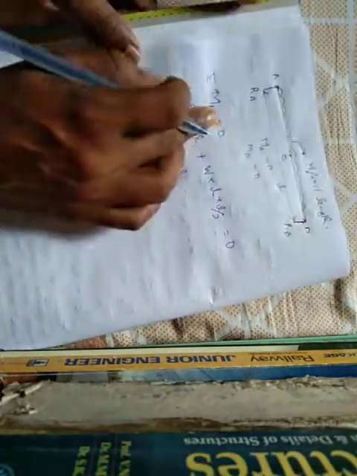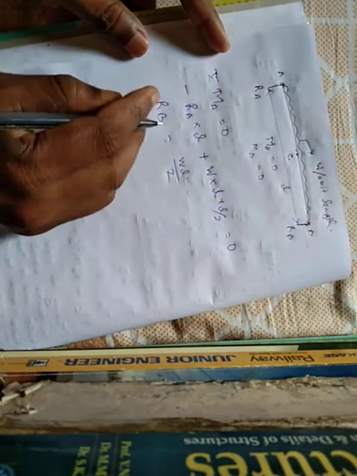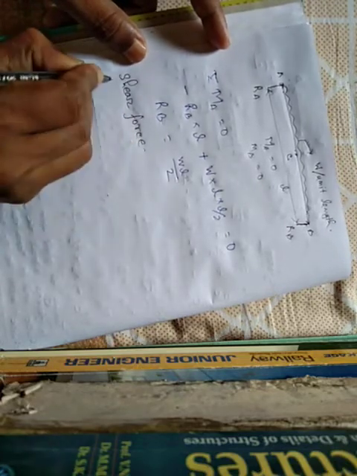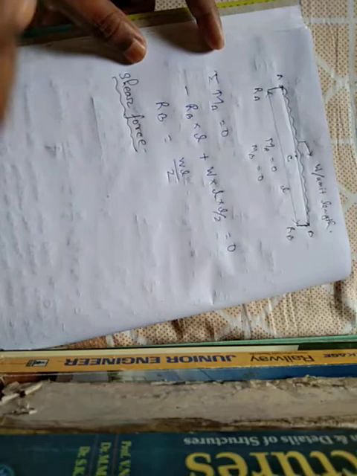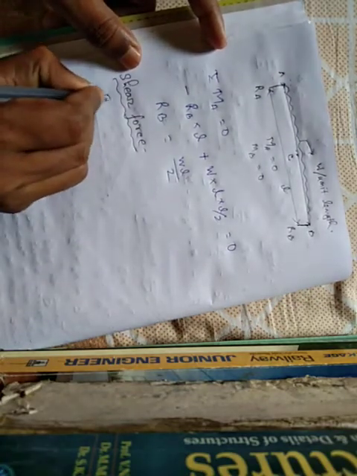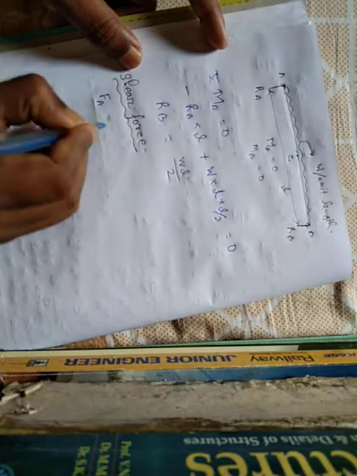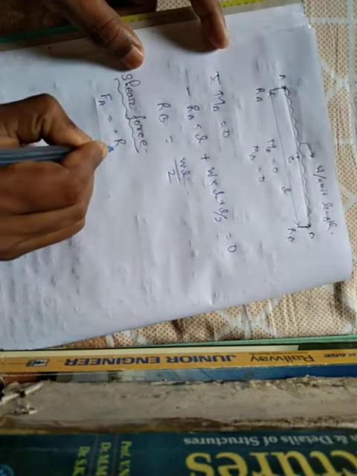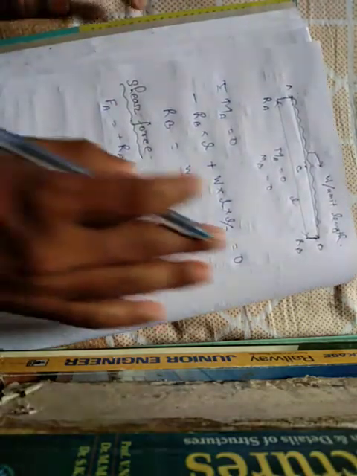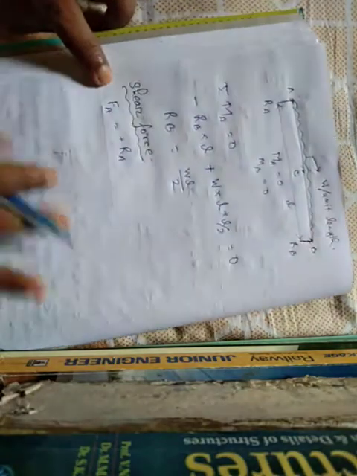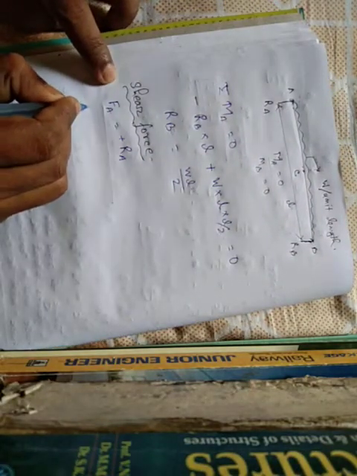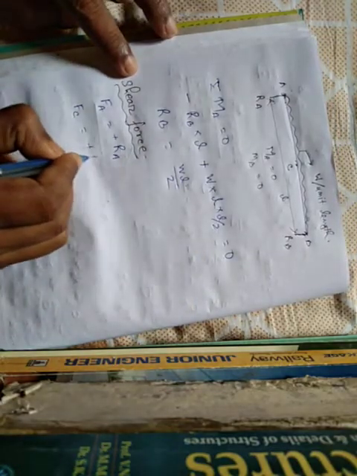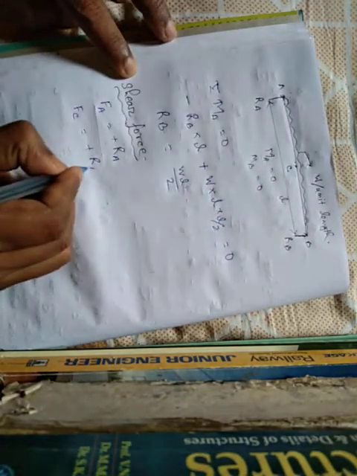Now find out the shear force and draw the shear force diagram. Shear force at point A is equal to plus RA, positive reaction at A. Now find out the shear force at point C. Shear force at point C is equal to reaction force RA minus